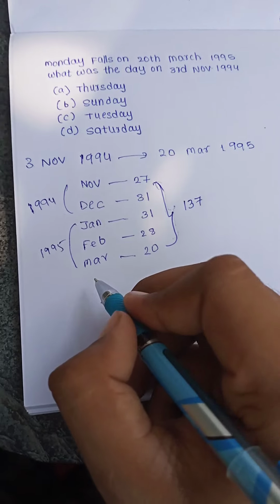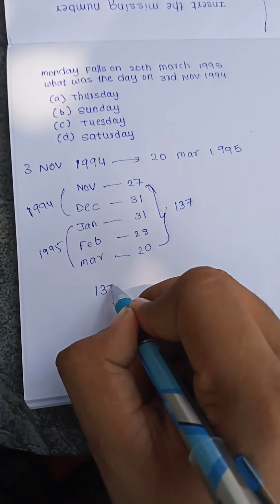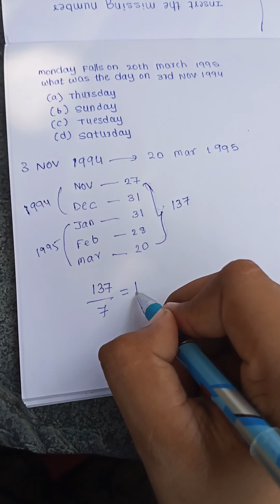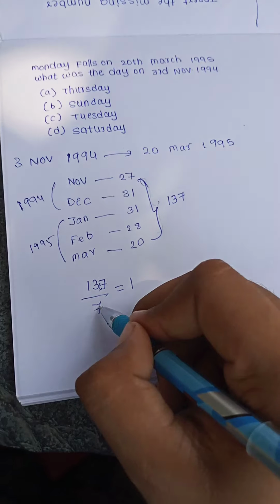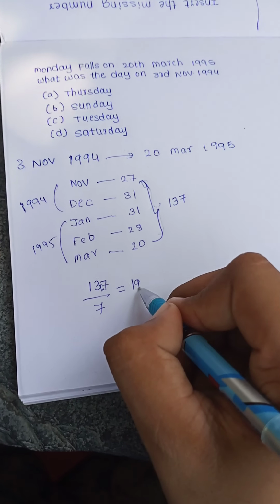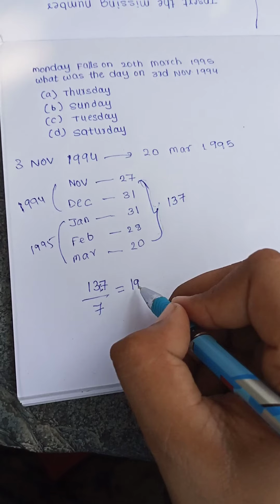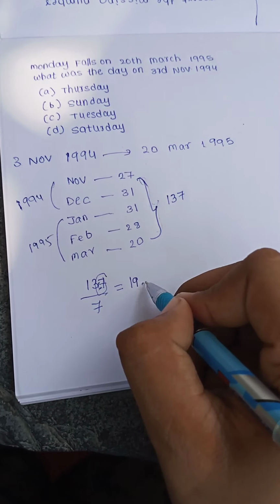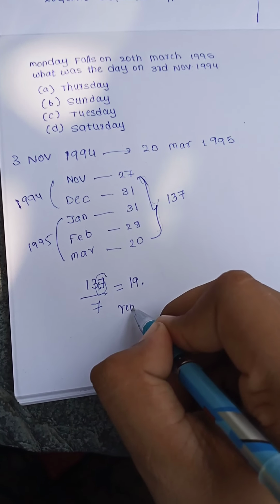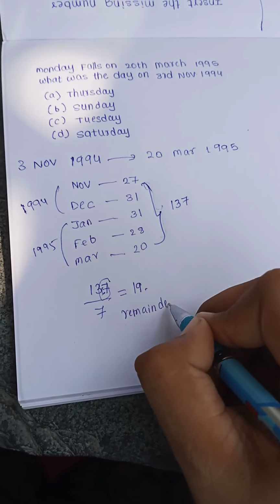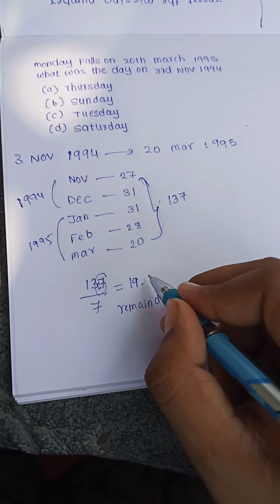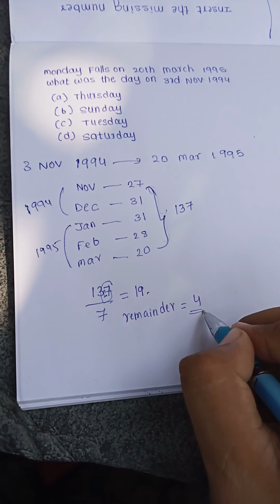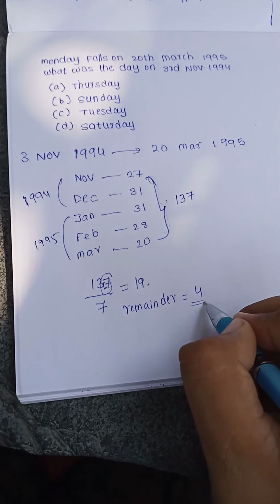Now in a week we have totally 7 days, so we have to divide the total number of days by 7. 7 1s are 7, and the remainder is 6. 7 9s are 63. 67 minus 63, the remainder is 4. Right, remainder 4. We have to consider just the remainder itself, not the quotient which we get as the answer. Remainder is 4, which means 4 days.